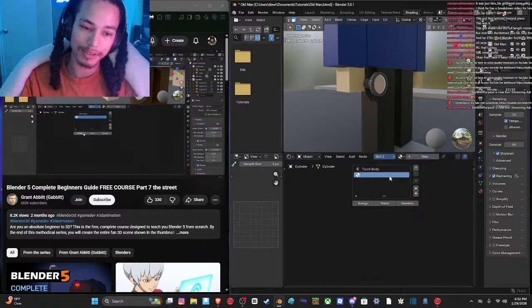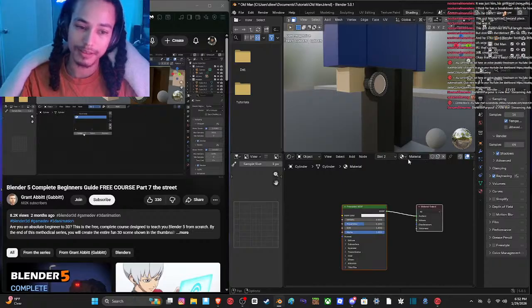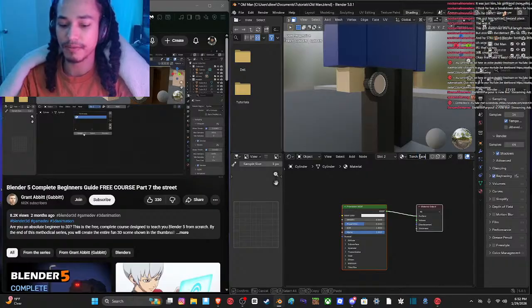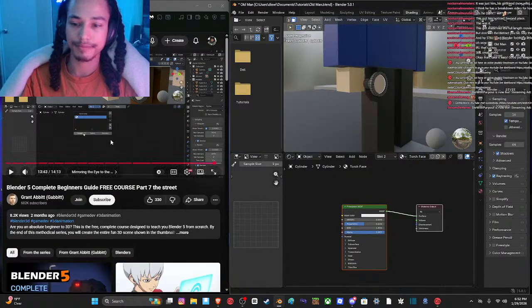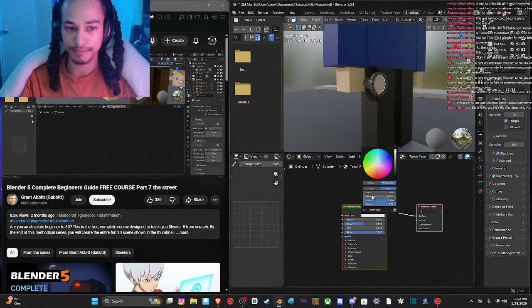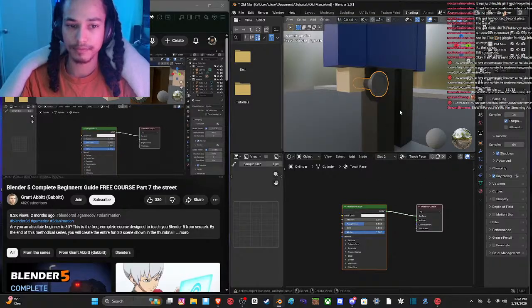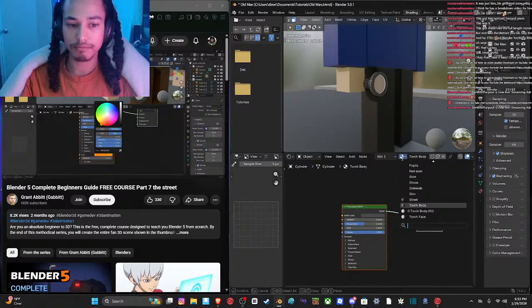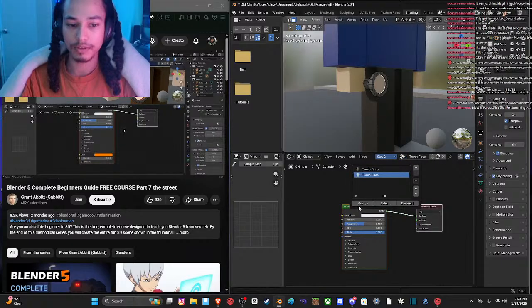Torch face. Assign that. It turns white because there's no material in that slot yet. So new material, torch face. Go to the material slot here, change the colour to a nice yellowy colour, give it a